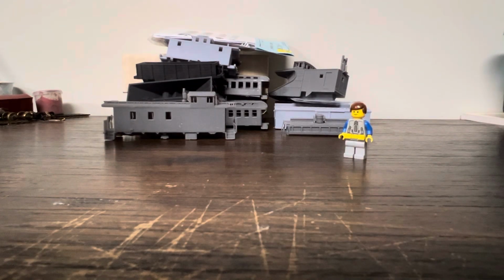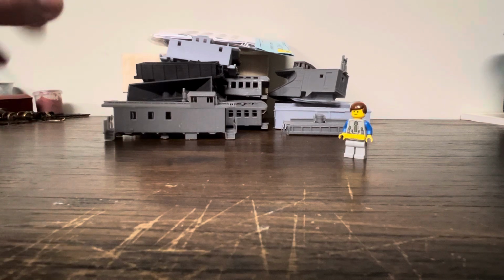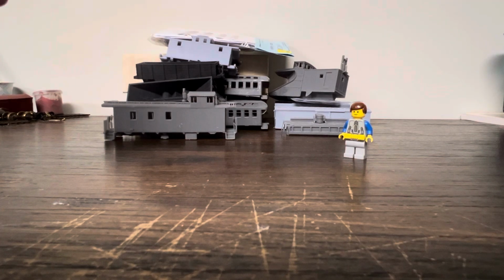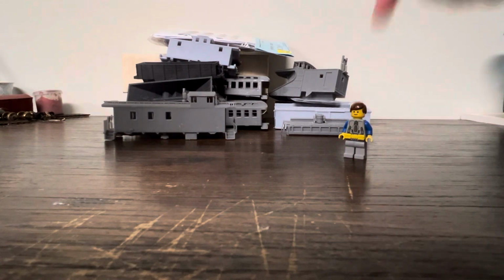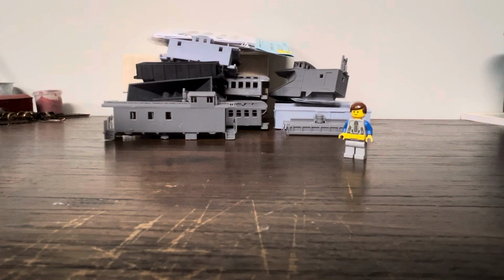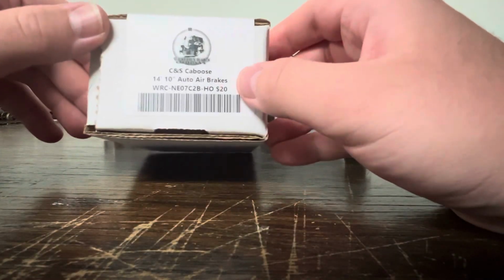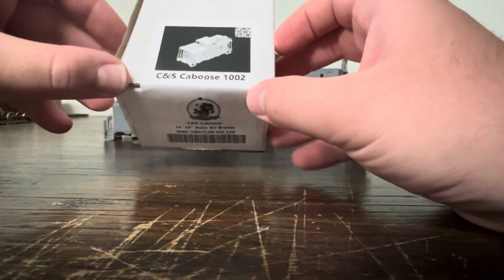I went from, I got 5 hoppers, 5 coaches, 4 flat cars. So we're at 14. Then 3 box cars, 17. The gondola, 18. The hopper, 19. Tank car, 20. Caboose, 21. Caboose, 22. Plow, 23. Spreader, 24. Caboose being number 25. This is the CNS caboose number